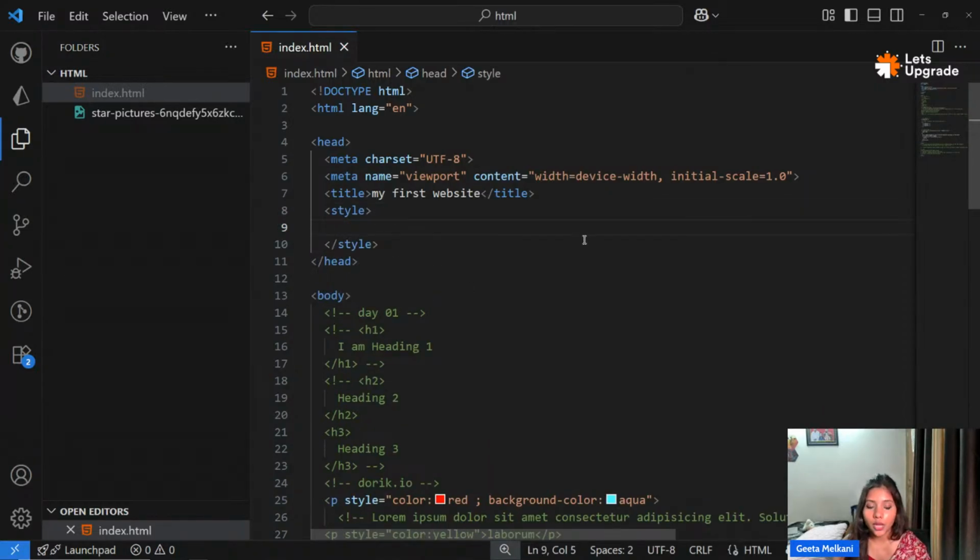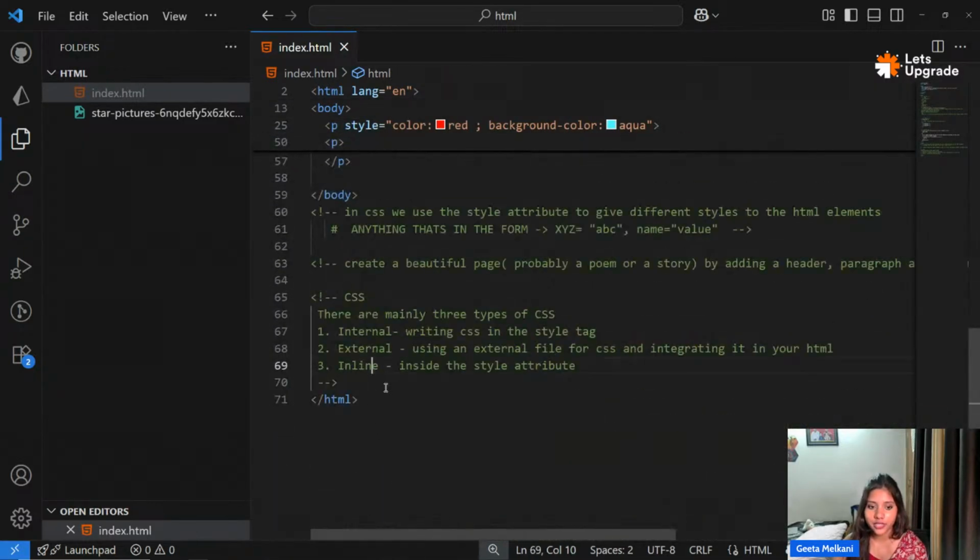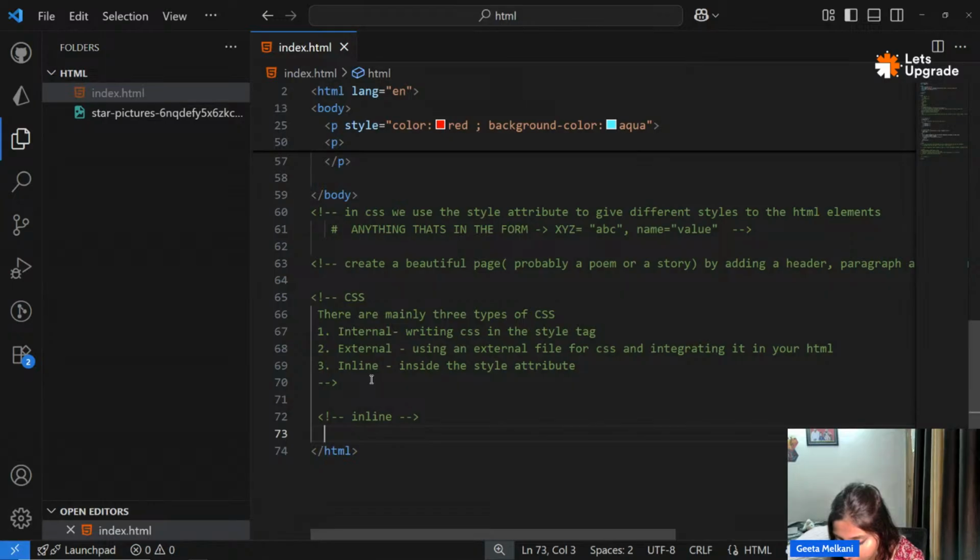Okay, so I think inline you already know. I'll give you a very short example of inline CSS first. So first let's do inline. For inline CSS, I'm not reading the comments, I'm sorry. Am I missing out on something? No doubts. Okay, so in inline CSS, let's say